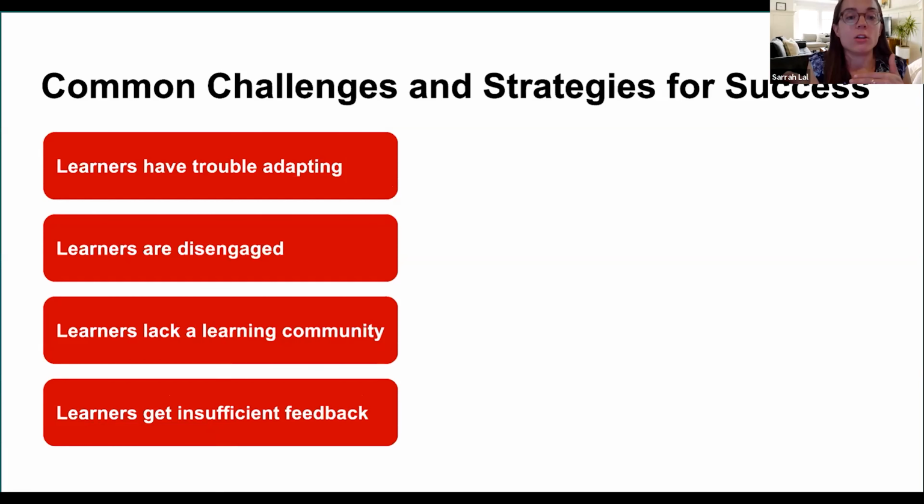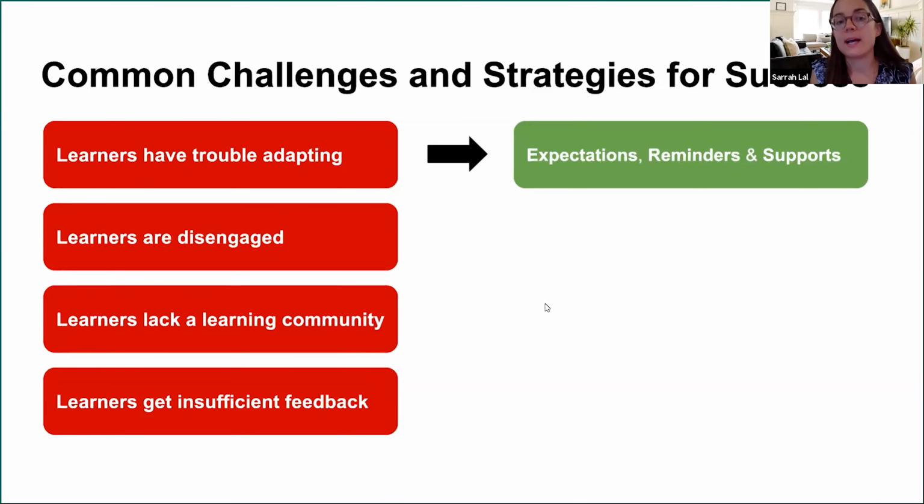So if we look at all of this, so trouble adapting, they may be disengaged, they lack the community that really reinforces things and helps stimulate their movement along, and sufficient feedback. We can also think about how can we develop workarounds. So when it comes to having trouble adapting, a lot of you may have noticed that there's a lot more questions, a lot more asks for clarification, a lot more investment that needs to be provided by the learning management platforms that we use and by ourselves and our support systems within the educational courses that we currently teach, to ensure that there is more communication than previously, and that the communication is extraordinarily clear in terms of